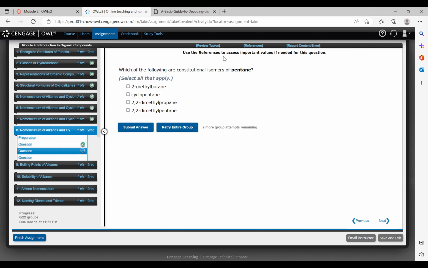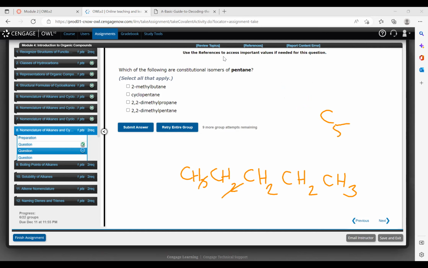Okay, so same idea here. We have pentane. So CH3, CH2, CH2, CH2, CH3. Again, pent tells us 5, ane tells us they're all single bonds. And remember, carbon always wants to have 4 bonds around it. So this is going to look like this: C5H12. So we have to find an isomer that's going to be C5H12. They're just arranged a little bit differently. So let's try